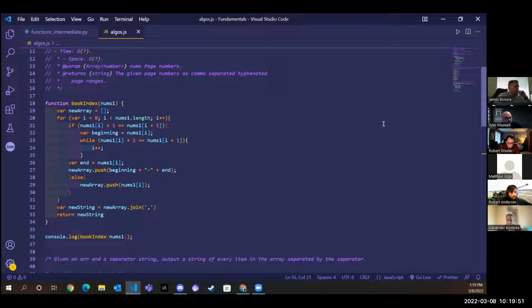Does it make sense to everyone? Can I see the T chart? No, I'm just kidding. Whoops, just dropped my mouse. I did drop my mouse. Yeah, the T chart, right? So this is